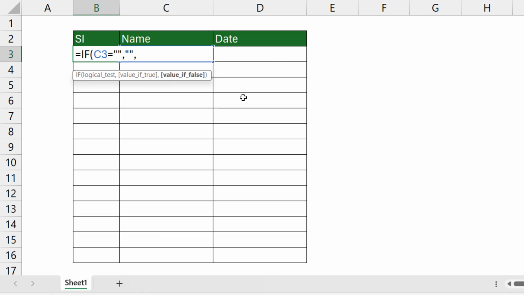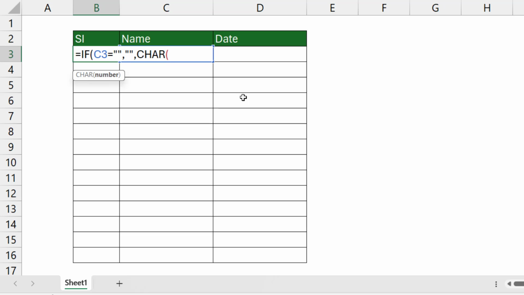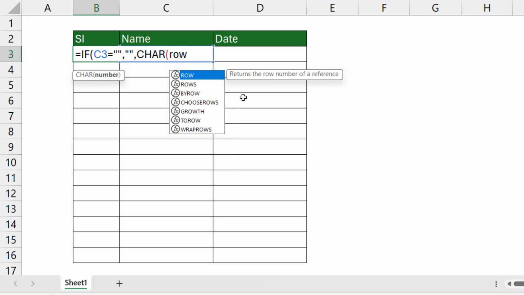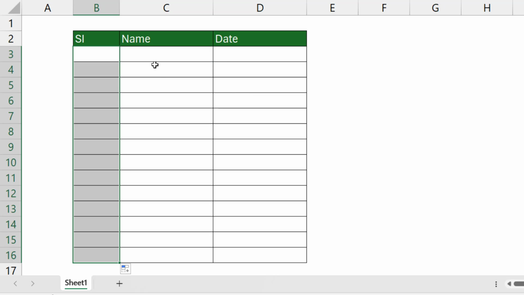For this purpose, we type the CHAR function, and again the ROW function, and type A65, then close the bracket 3 times. Okay, now hit the enter button and drag it down. Okay, now you can type Tanvir, Shakira, Thomas,